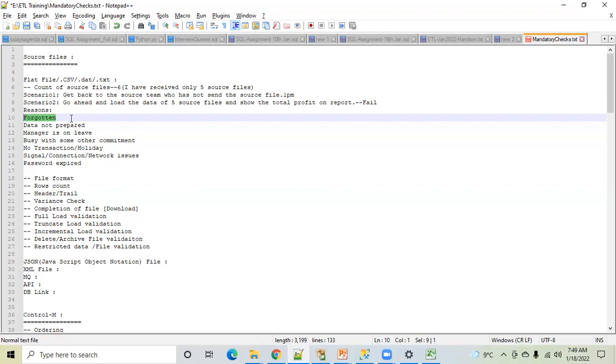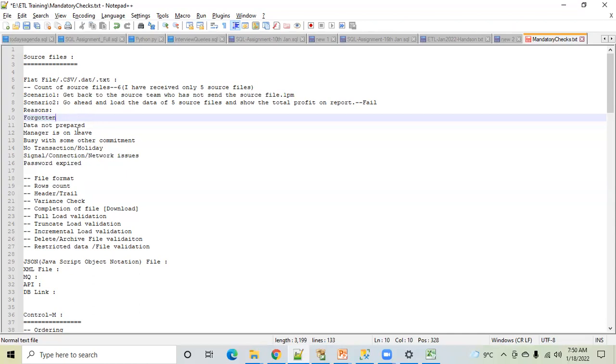In a live project, they will gather the data and keep it in a file. But I do agree that this might happen. They might have forgotten. Generally, I will tell you how the source team used to send data. They will collect all the transactions, keep them in a source file, and then send it to you through a server. This is the way it happens.